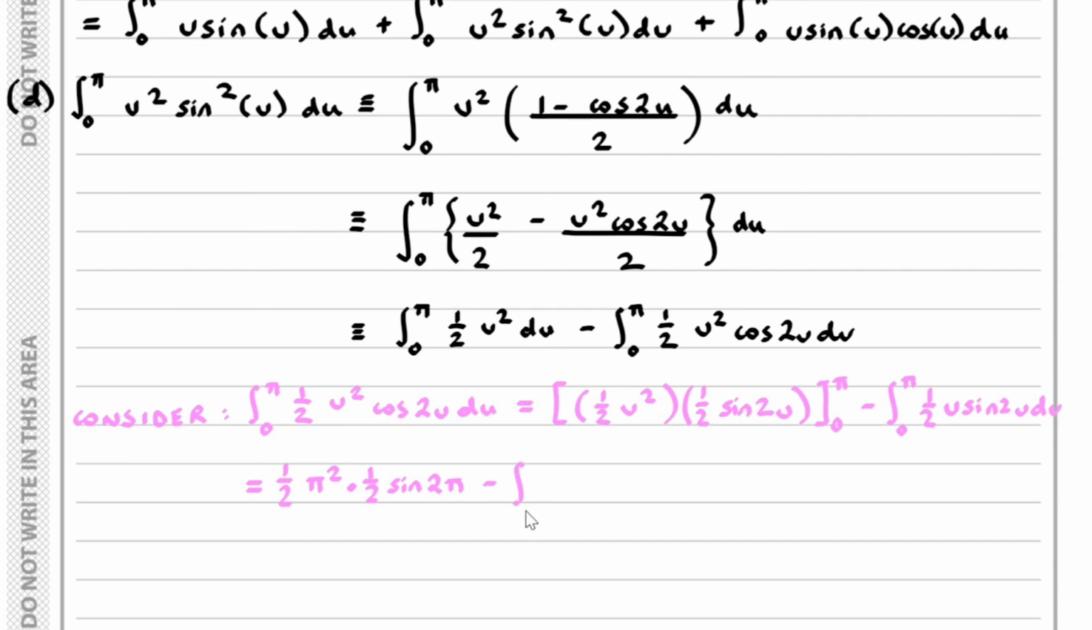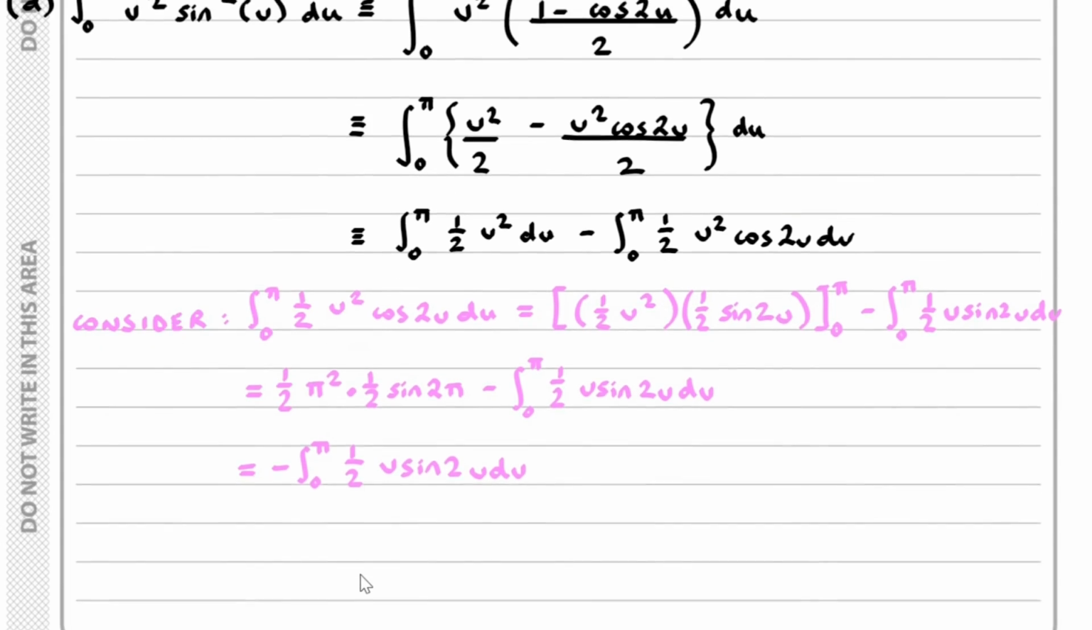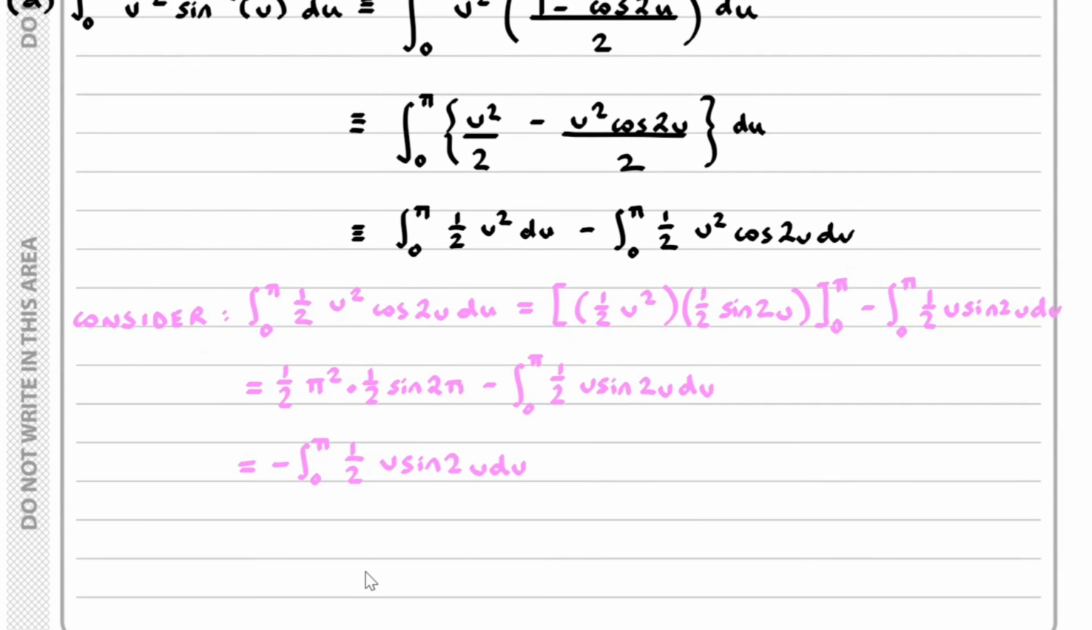here I've got the integral from 0 to pi of 1/2 u sine 2u du. And recognizing that this is 0, I'm going to end up with minus the integral from 0 to pi of 1/2 u sine 2u du. So how does that help me? Well,